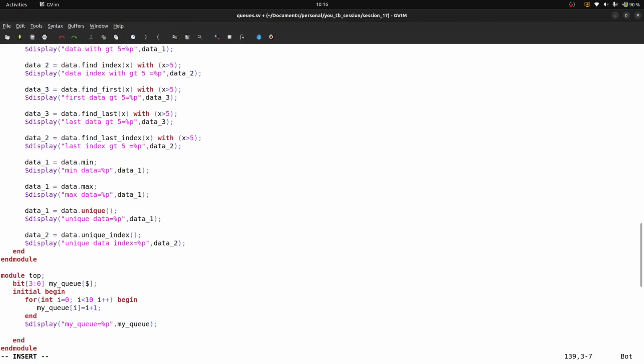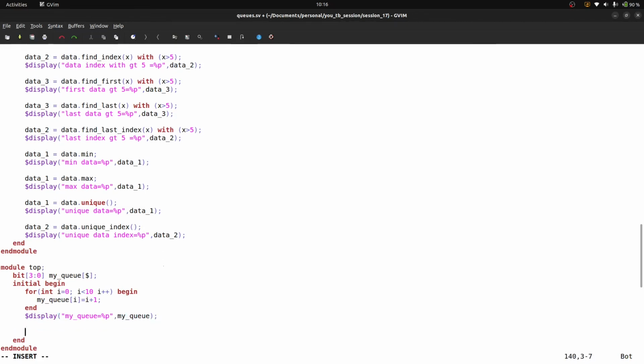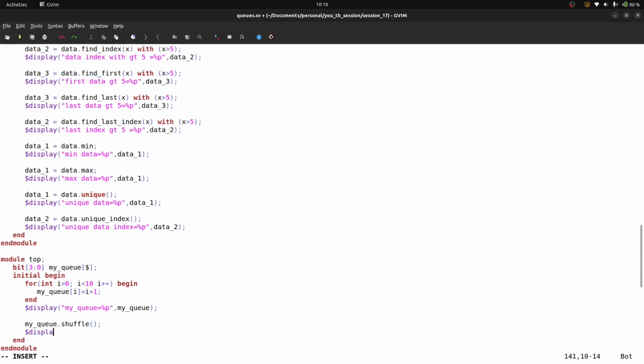After that we can perform some operations like my queue dot shuffle, $display shuffle is equal to %p, and here you can write my queue, right?